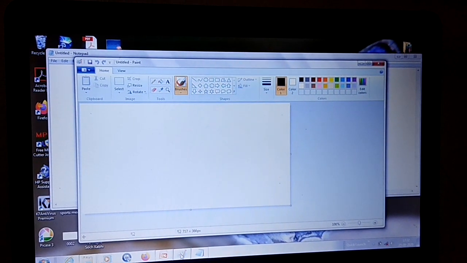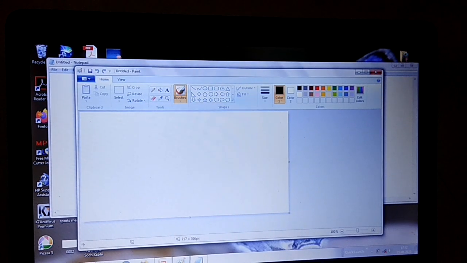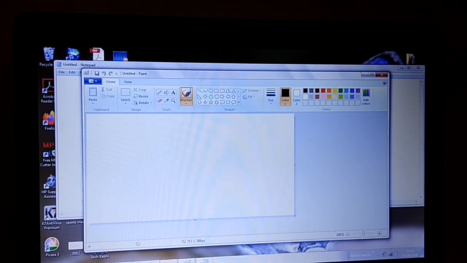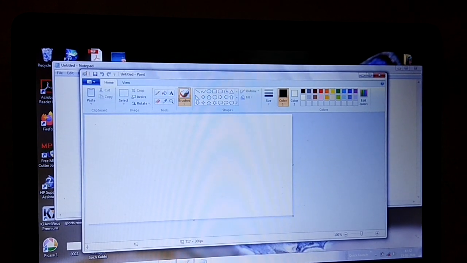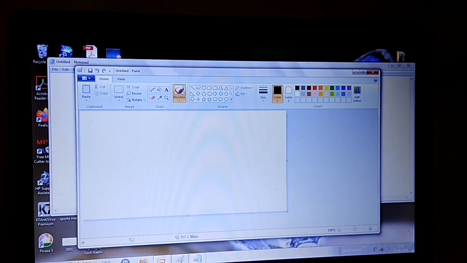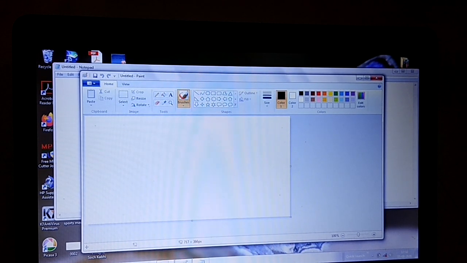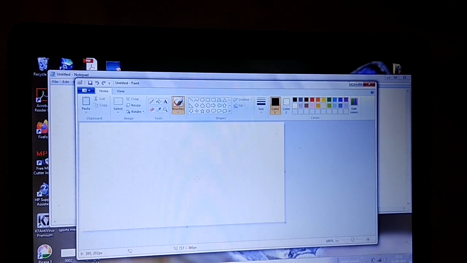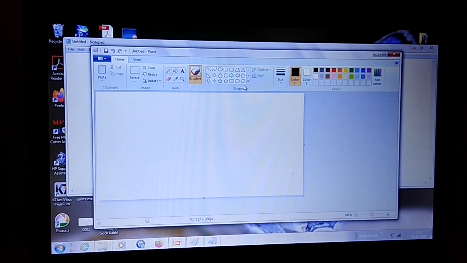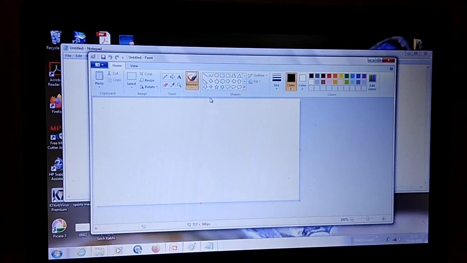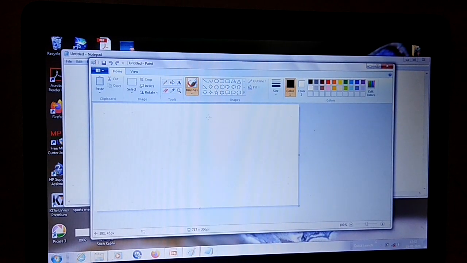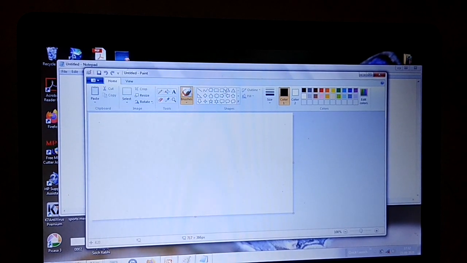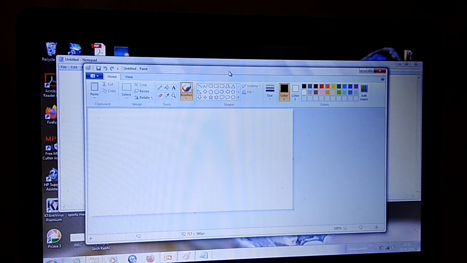Now switch between windows means if we have more than one window open on our screen, we can easily switch between the windows. We can switch from one program to another by using the taskbar. So we can work only in one window at a time. The active window appears in front of all the other windows, like you see on the screen. Now I'm working on the Paint program window. So this window appears in front of all other windows and displays a dark title bar. This one.